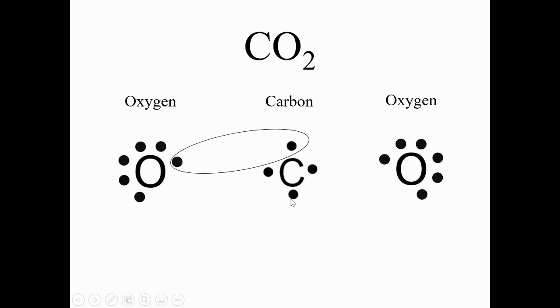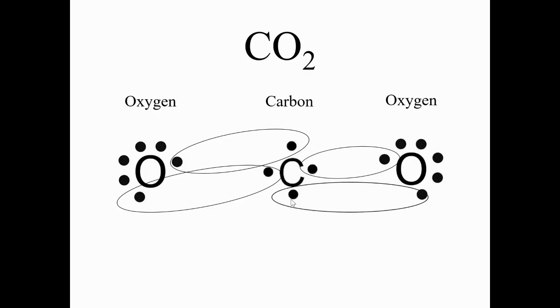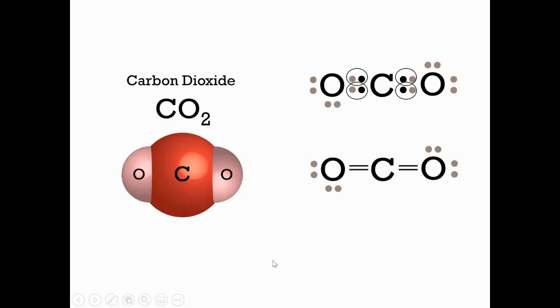Well, if we share that, and we share those, then we have 8, 1, 2, 3, 4, 5, 6, 7, 8 for the carbon, and then 1, 2, 3, 4, 5, 6, 7, 8 for the oxygen, and again 8 over here, making them all